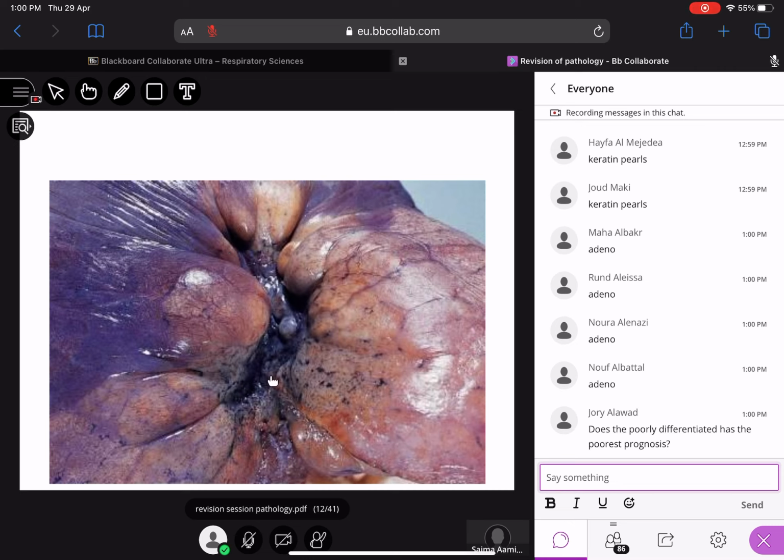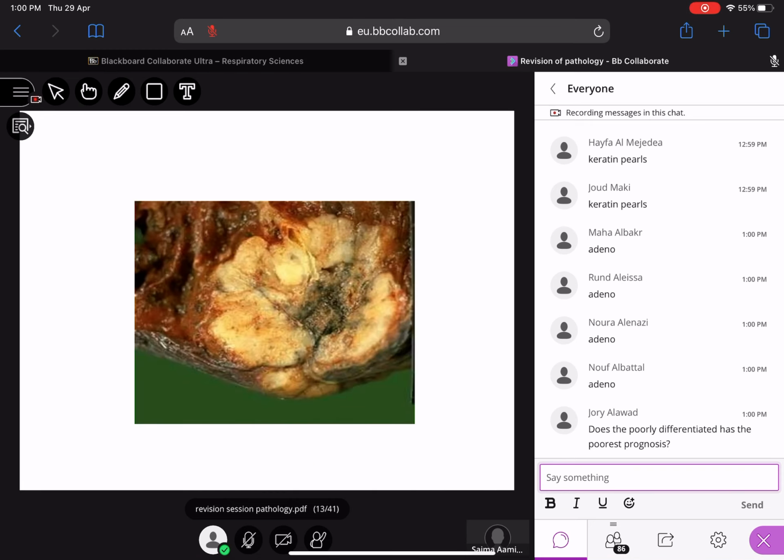So adenocarcinoma can be associated with scar. We don't know whether the scar comes first or the adeno. The generalized statement should be that it is associated with scar. Again, a peripheral tumor with some central scarring.